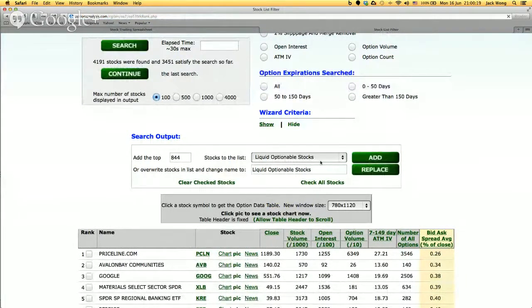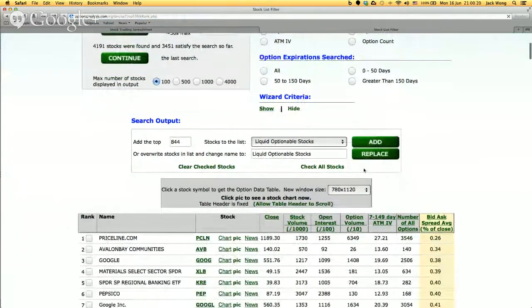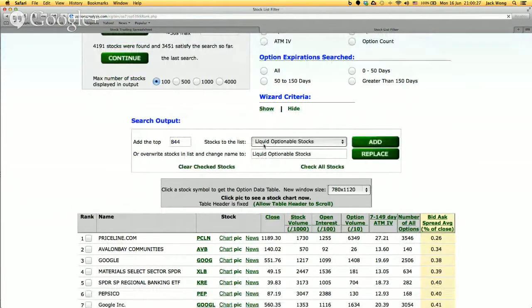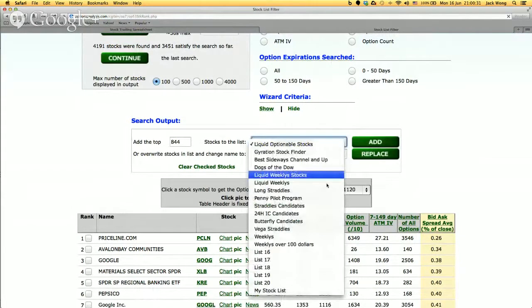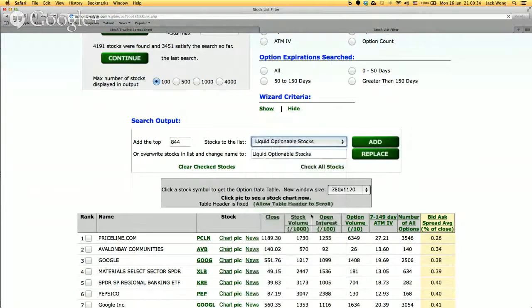So what do you do next? You will save the list. If you haven't done it in session 3, if you have done it already, you will be able to find your liquid optionable stocks list. You just replace. If you haven't, then you just find one of the lists you have and go to save